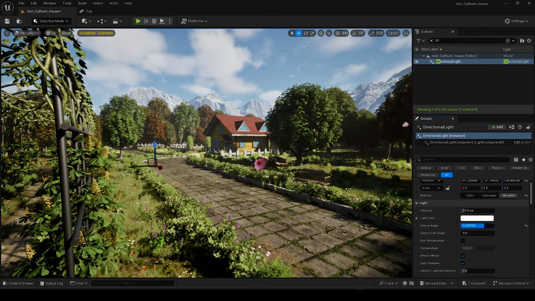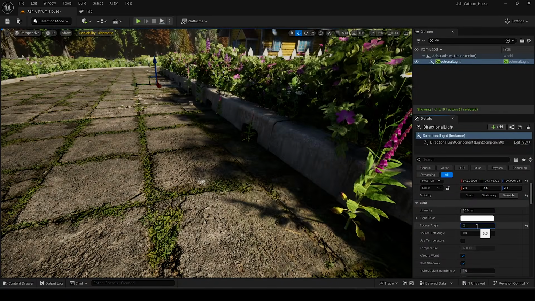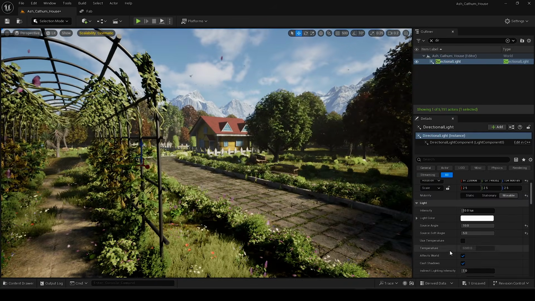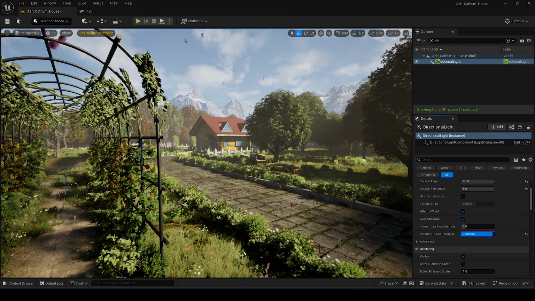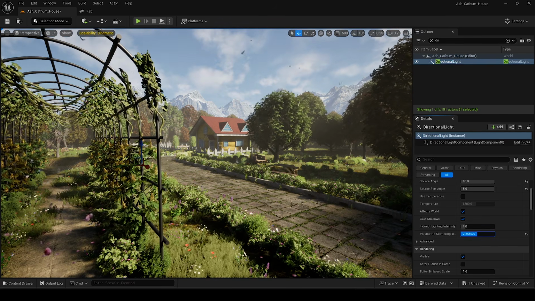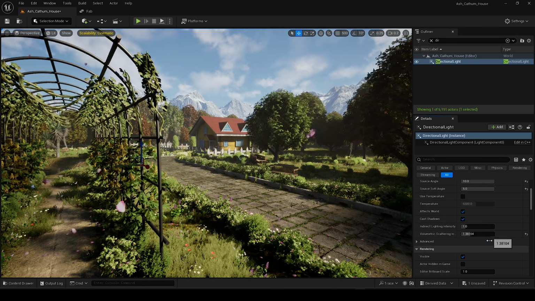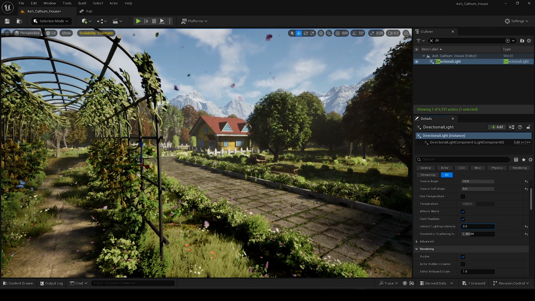Next, go to the Details panel of the Directional Light and increase the source angle. This helps in softening the shadows. Also, under directional light settings, you can increase the volumetric scattering intensity. This lets you control the fog density through the light, making it thicker or lighter. These settings are great for achieving God ray effects, but for now I'm not going to use God rays in